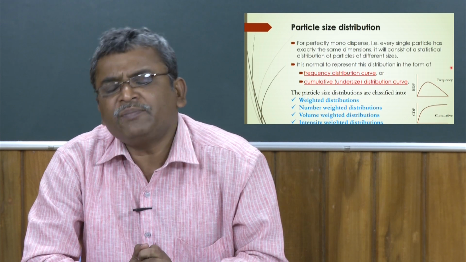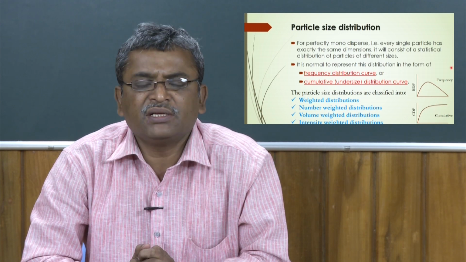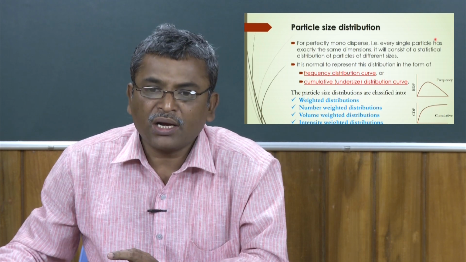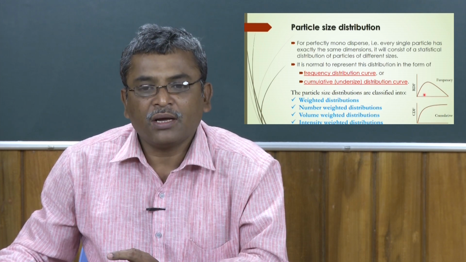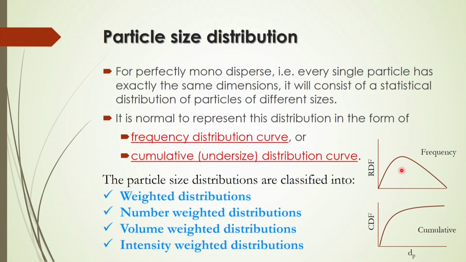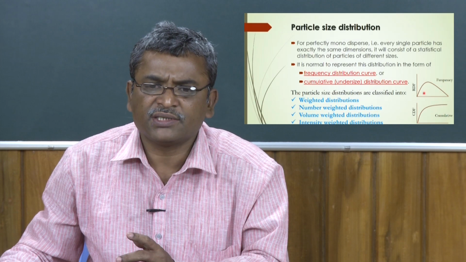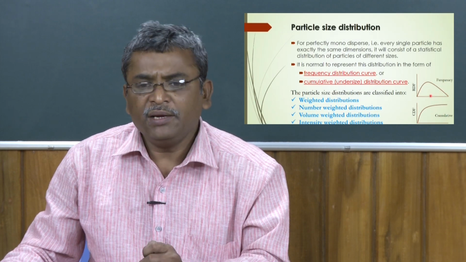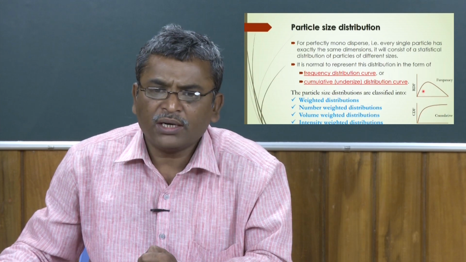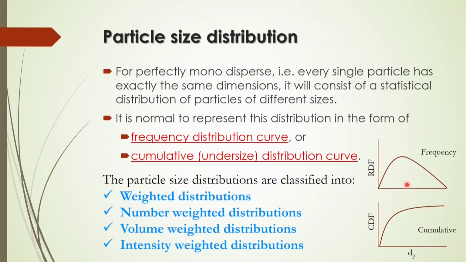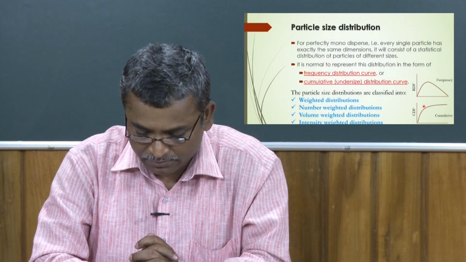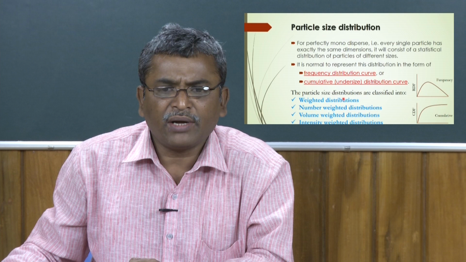If all the sizes in the sample are the same, you will get only one line distribution of the particles. Whereas if there is a mixture of different size particles, you will get this type of distribution. If the distribution is very narrow, what does it mean? All the particles are within a very short range of particle sizes. If it is wider, the sample consists of very minimum to very maximum sizes of particles. So, from the distribution you can obtain the particle